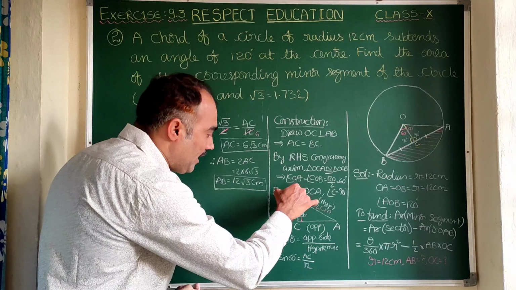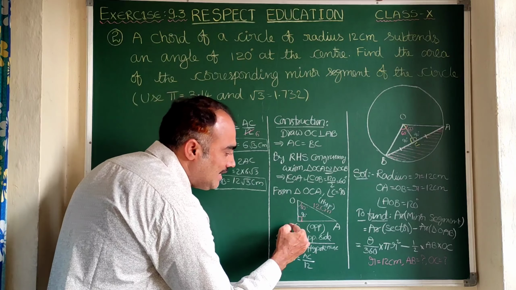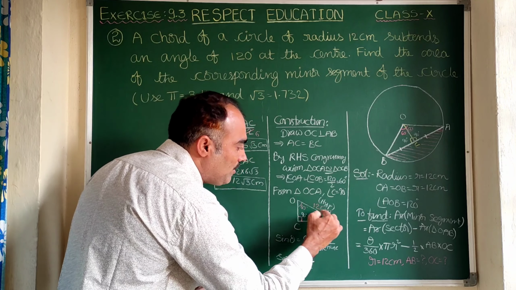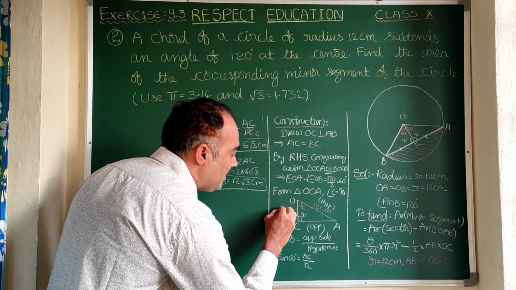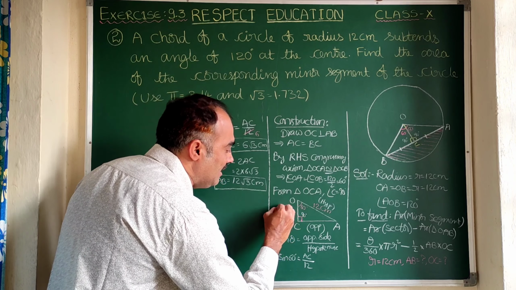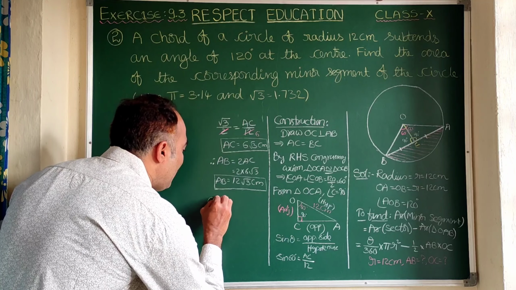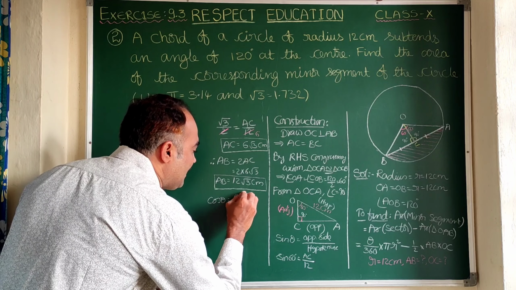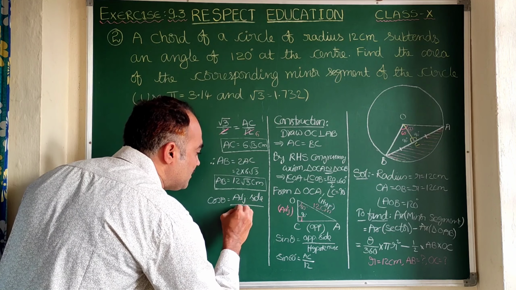Now we have to find OC. Let us use the same triangle. For 60 degrees, AC is the opposite side and AB is the hypotenuse. Then what is OC? OC is the adjacent side. So let us apply cos theta for the same triangle. Cos theta is equal to the adjacent side to theta by the hypotenuse.